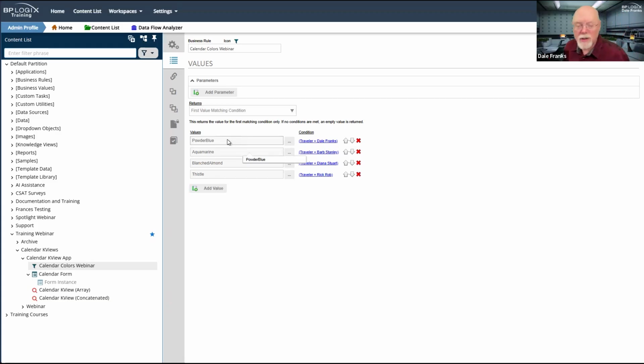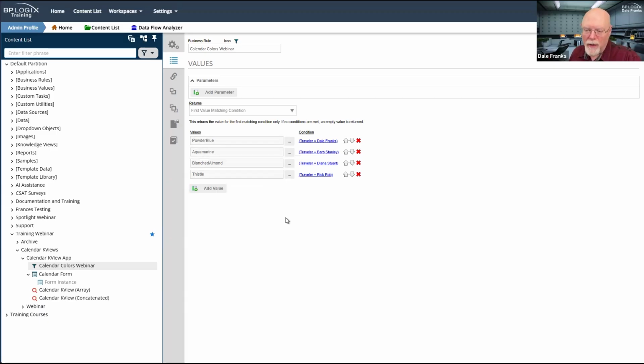In this case, the value it's going to return is a string, and in this particular case, the string that I have created is just an HTML named color. So powder blue, aquamarine, blanched almond, and thistle, all four of those colors are named HTML colors.